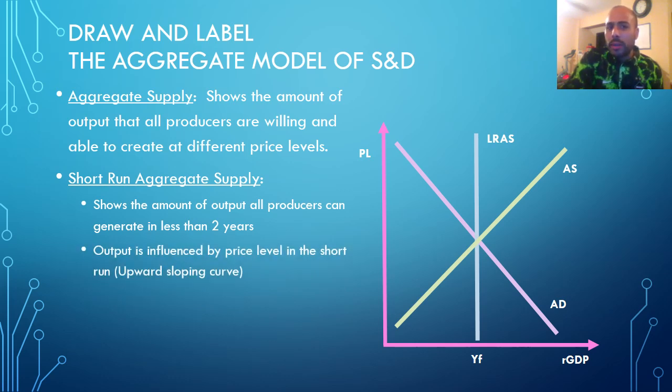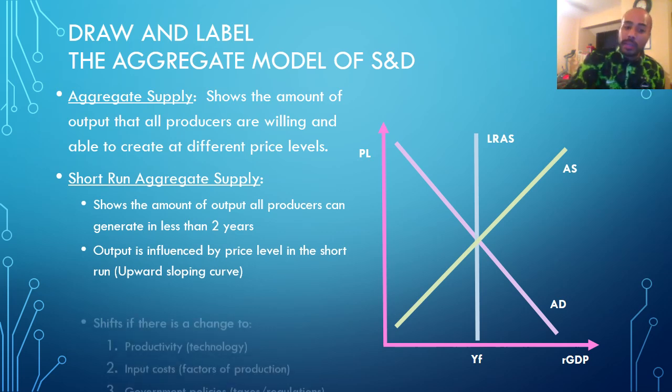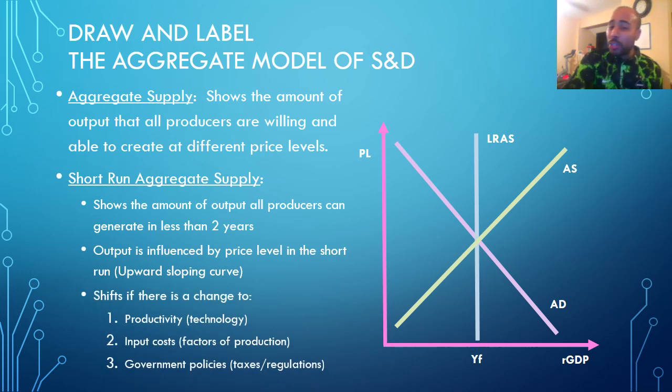So in the short run, in a time period less than 2 years, our aggregate supply curve is going to slope upward because in the short run, producers are sensitive to the price level. And at a higher price level, they're going to want to produce more output than they would at a lower price level. Now, the only thing that shifts our aggregate supply curve is if there's a change to one of